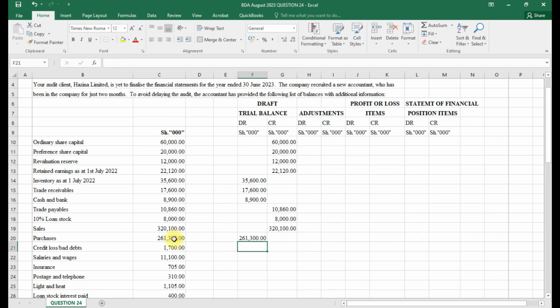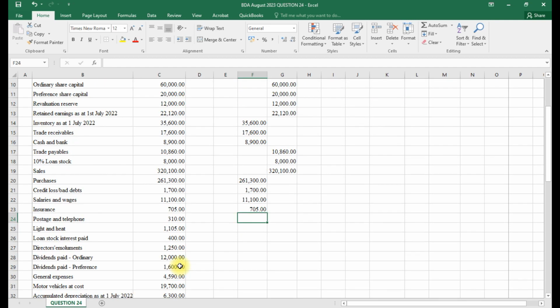credit loss, these are bad debts, on the debit, is an expense, salaries on the debit, insurance on the debit, and the postage on the debit is an expense, lighting and heating on the debit is an expense, loan stock interest on the debit, directors' emoluments on the debit, dividend paid ordinary is on the debit, preference is on the debit,